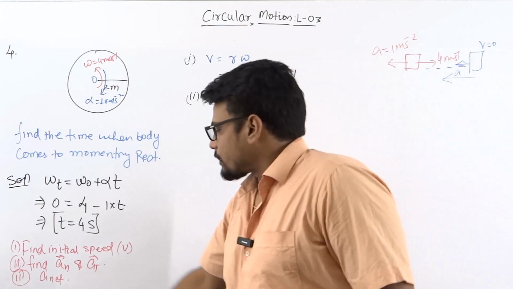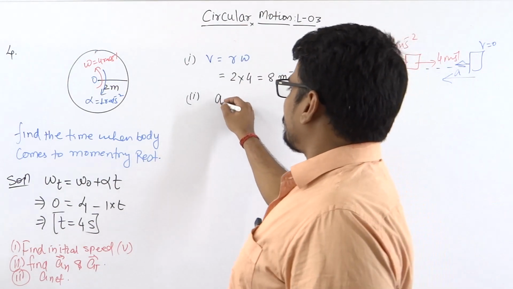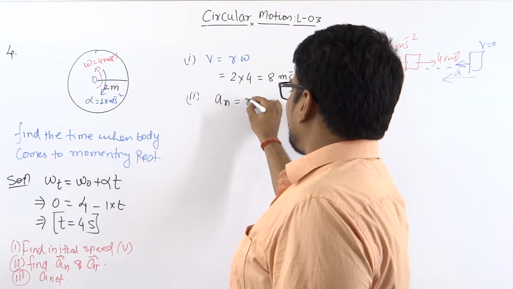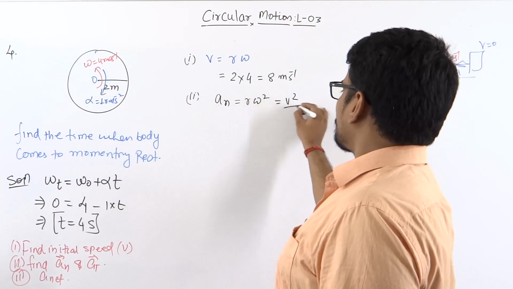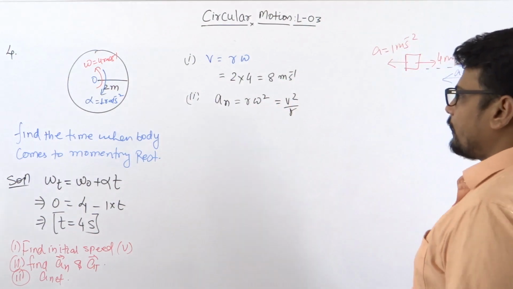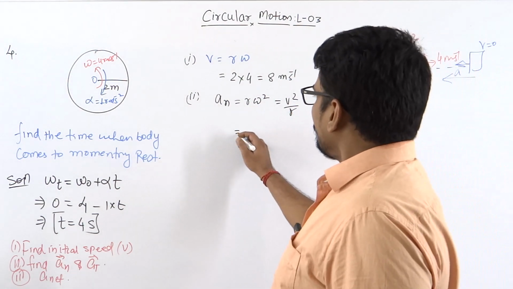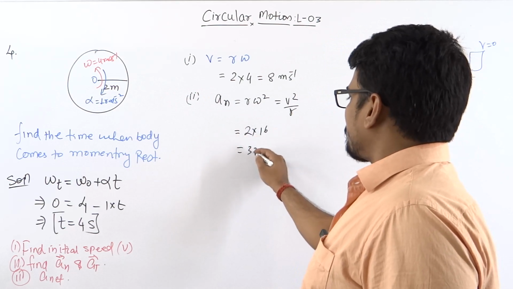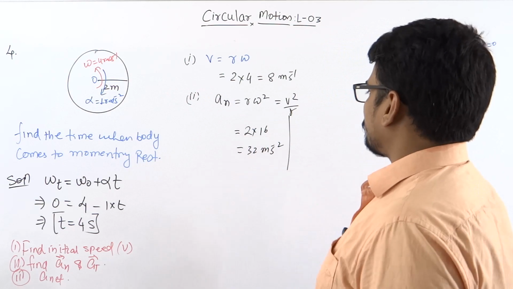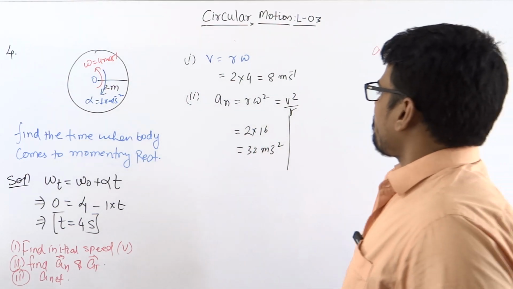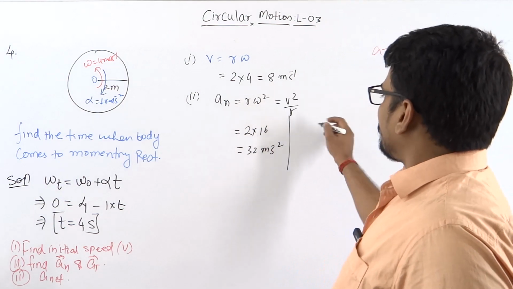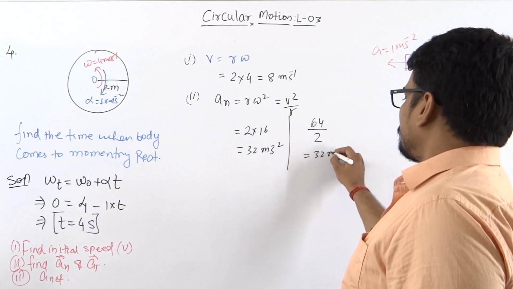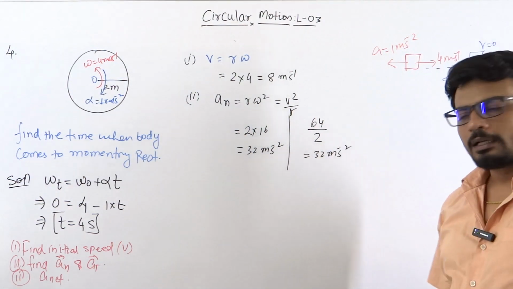दूसरा पार्ट क्या पूछता है, find the normal acceleration and the tangential acceleration. नॉर्मल एक्सेलरेशन बच्चों क्या हो जाता है, normal acceleration should be how much, r omega squared या फिर v squared upon r, आपकी जो मर्जी हो, आप इसको लिख सकते हो। रेडियस is how much, 2 मीटर, omega is how much, 4 squared is 16, that means it is going to be 32 मीटर per second squared. आप चाहो तो इसका भी यूज करके निकाल सकते हो। तो v कितना है, 8 squared is how much, 64, रेडियस is how much, 2, you can get what, 32 मीटर per second squared. कोई मुश्किल तो है ही नहीं, है ना।